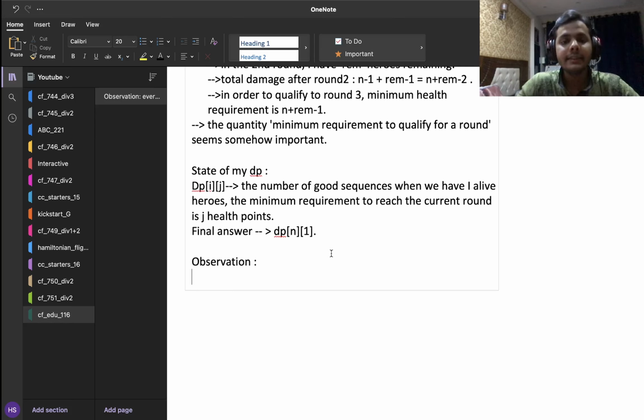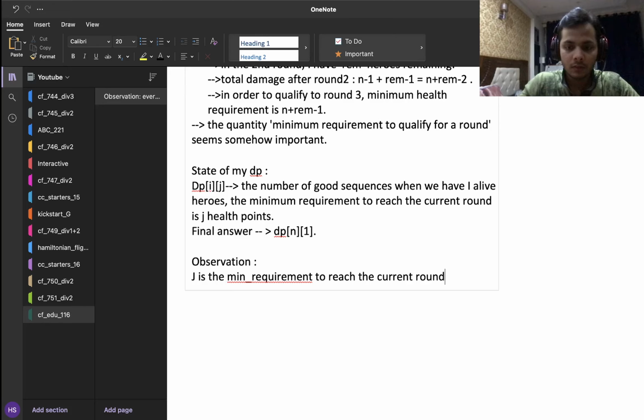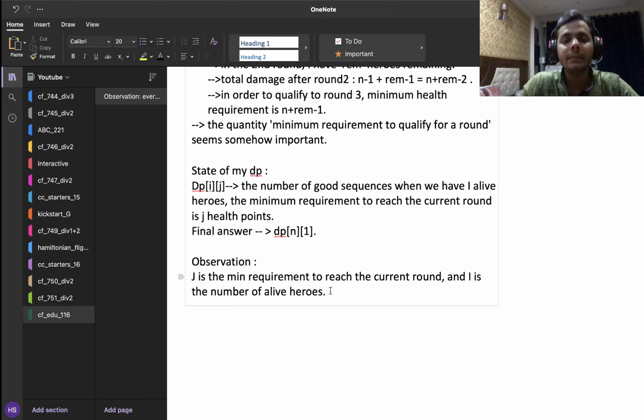So let's say that J is the minimum requirement to reach the current round, and I is the number of alive people as it is already defined in the state of the DP. What I want is to define a range such that if an element has a health in this particular range, he is surely going to die in the current round.